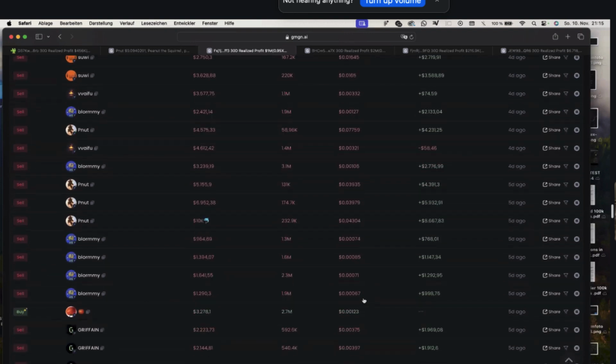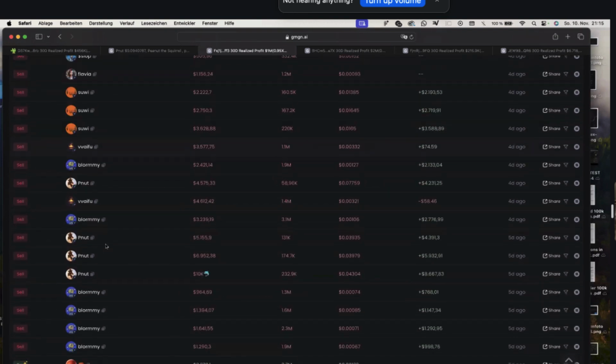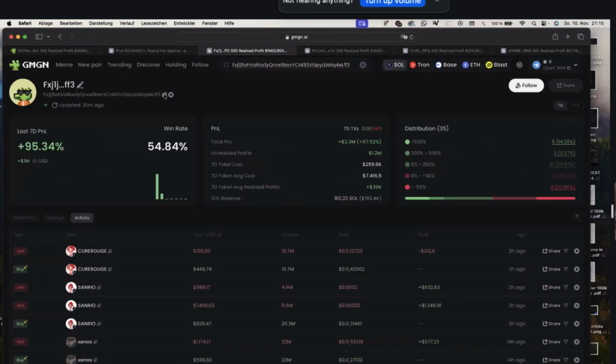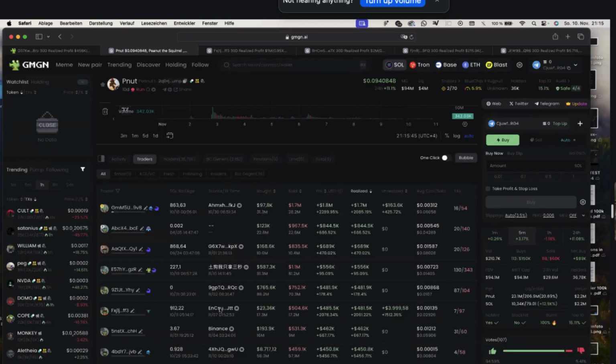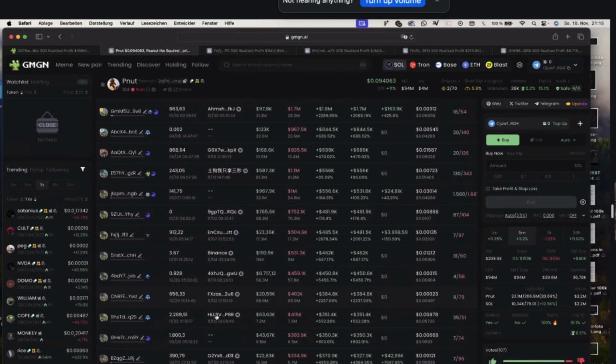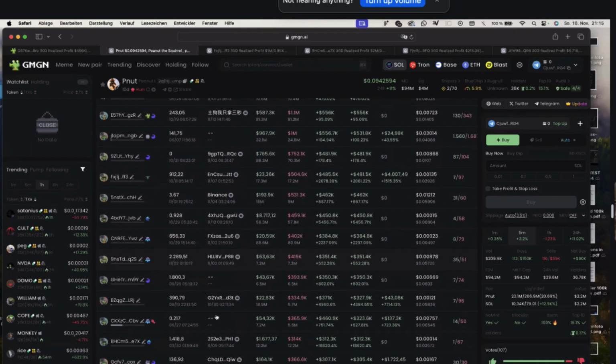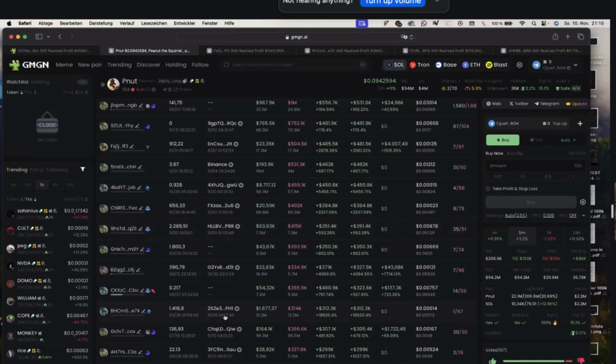That's how we then are going to track. And if we say, okay, this guy has multiple good wallets, we then just copy his wallet and put him on our list. Same scenario, for example, if we now go back to Peanut and we track for other wallets. So what we do, we're looking for example, here, wallets that have been with a small entry and a big exit. So here we have another one, which you can see